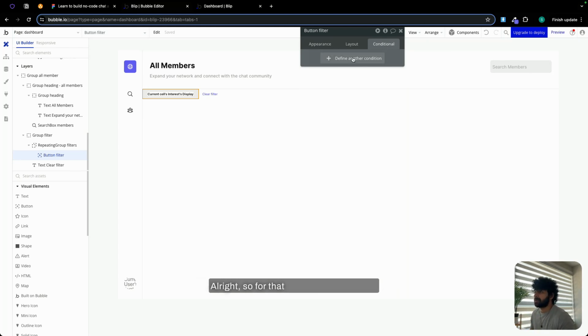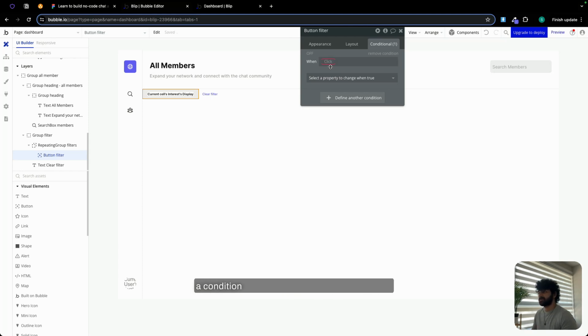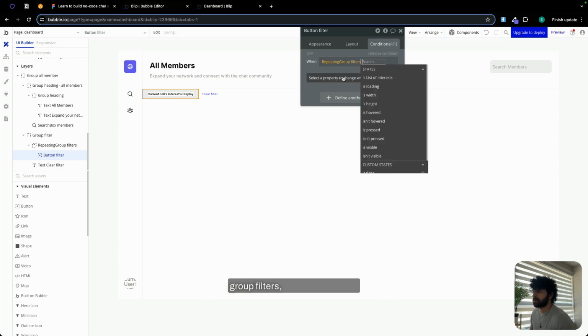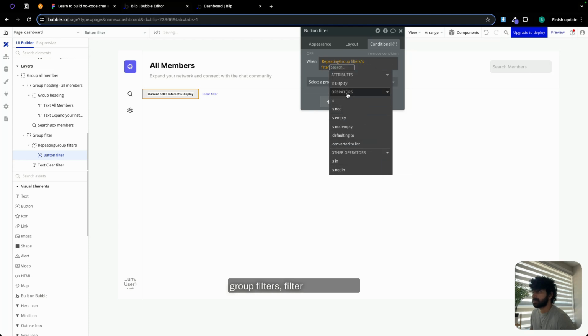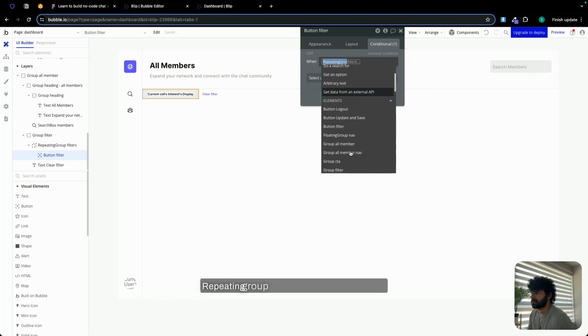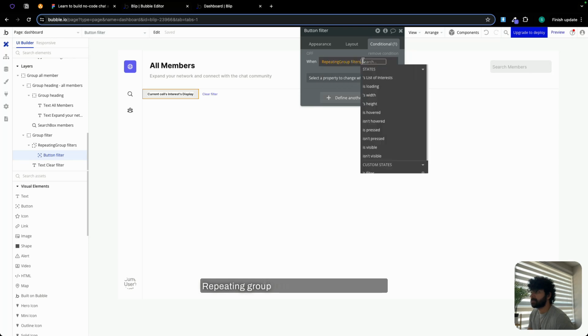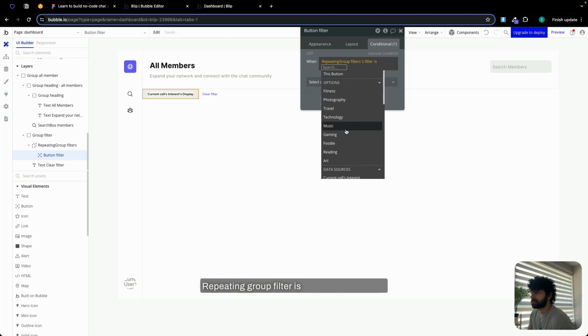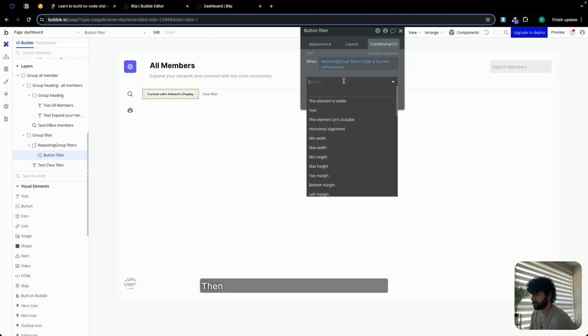Alright, so for that we are going to define a condition which is going to be when repeating group filter's filter is current cell interest, then